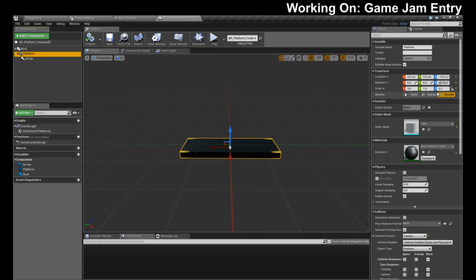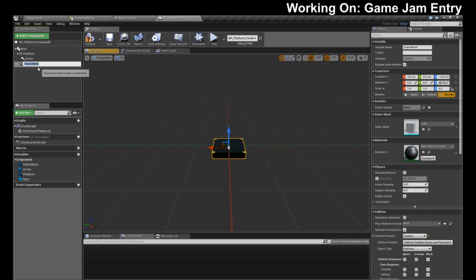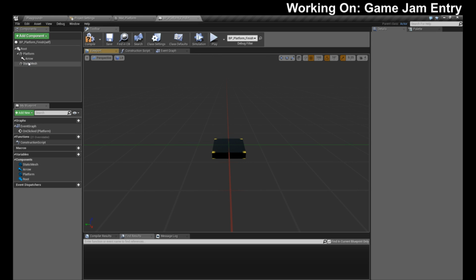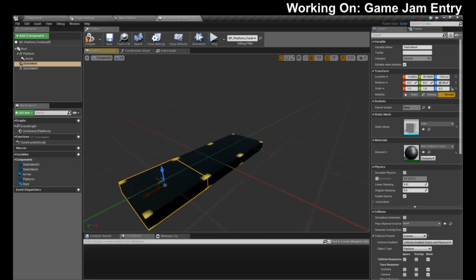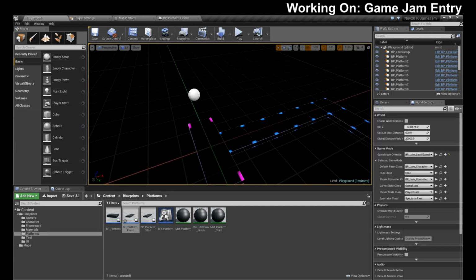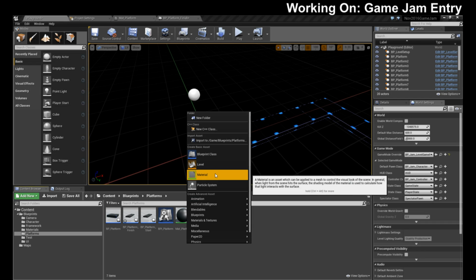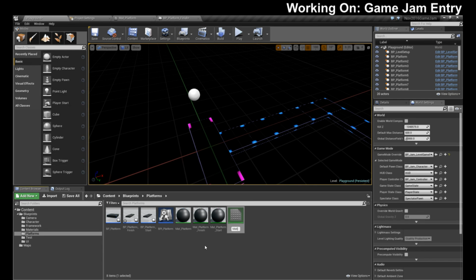Platform here, let's reset this to 1. Let's go ahead and duplicate. So I could do that, or I could just do a material at solid emissive.